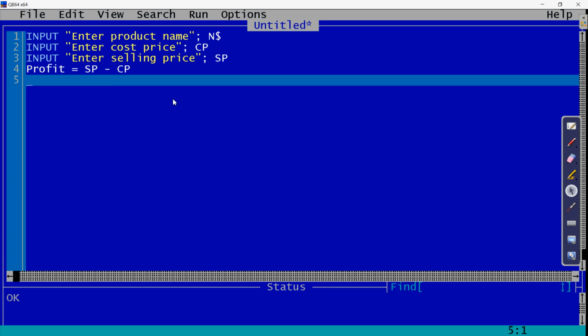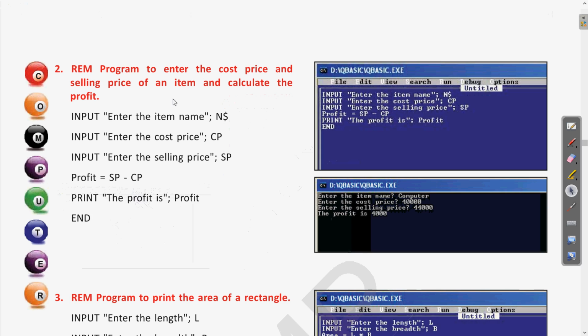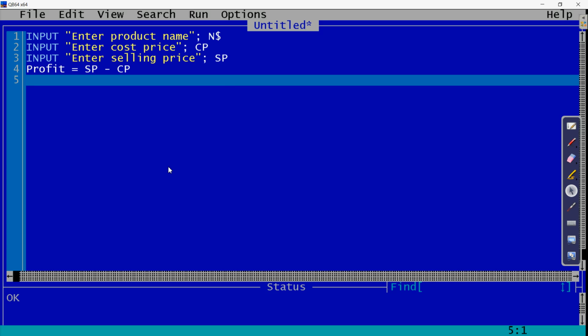Now whatever profit we have calculated, the same can be printed. Here also you can see in the book: the profit of the item is, then print the profit. So if we come to the program here, write the same, which is the print command.